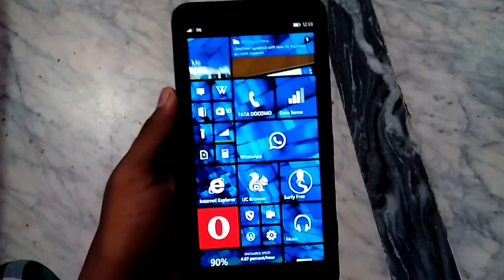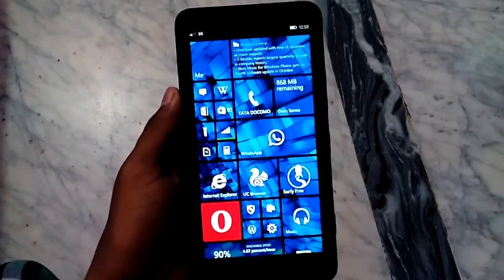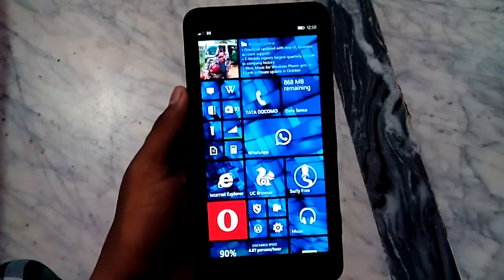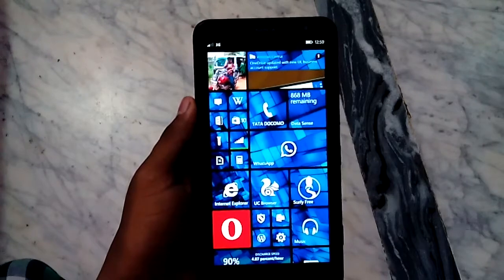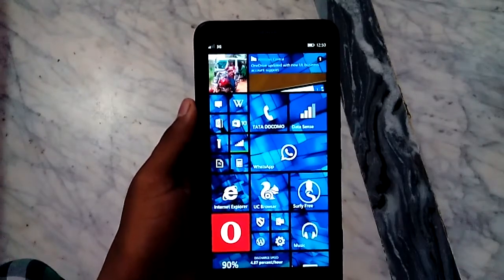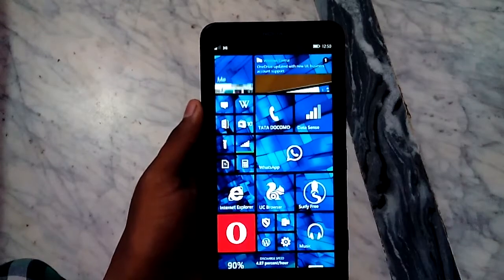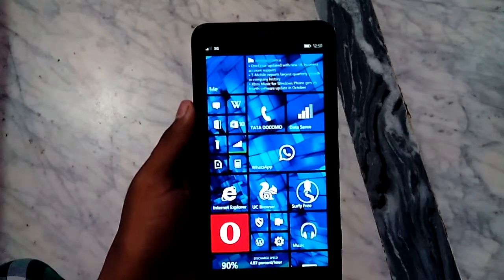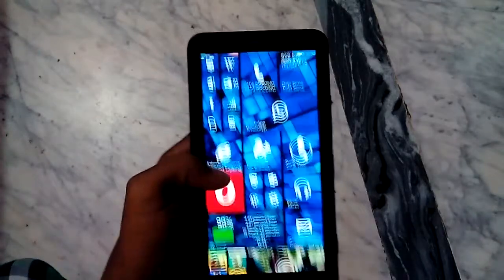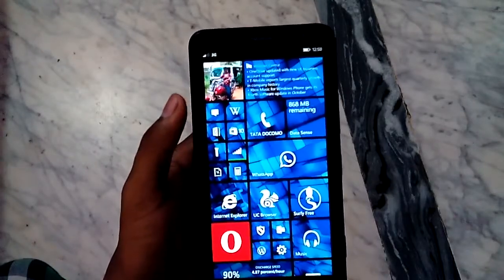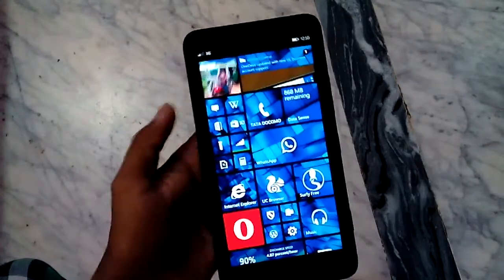So these are the top four browsers for Windows 8.1, and I suggest Surfy and UC browser as the best browsers, because Opera Mini was the best, and I liked it very much. But when I updated it to the latest version on 20th October 2014, the ability to upload photos to Facebook and Twitter vanished. So I left Opera Mini.